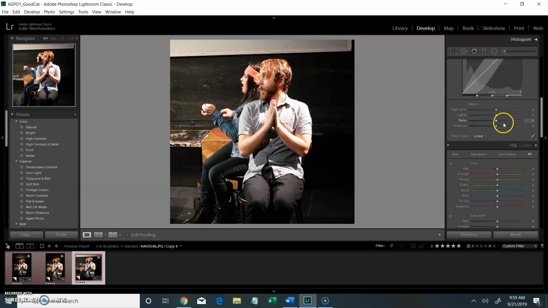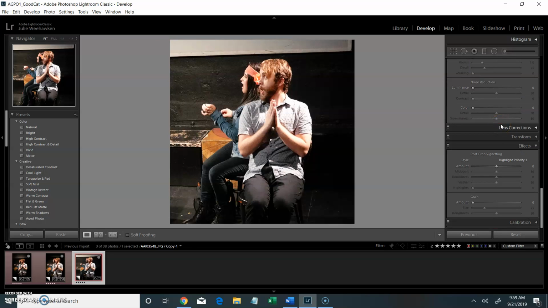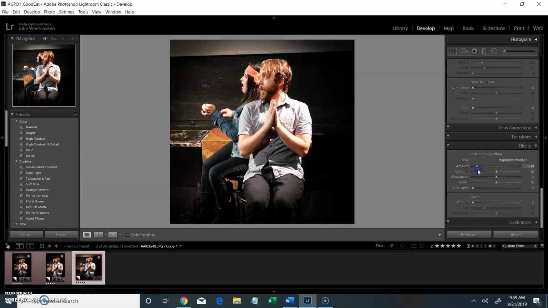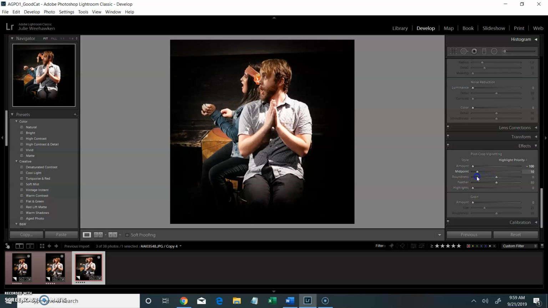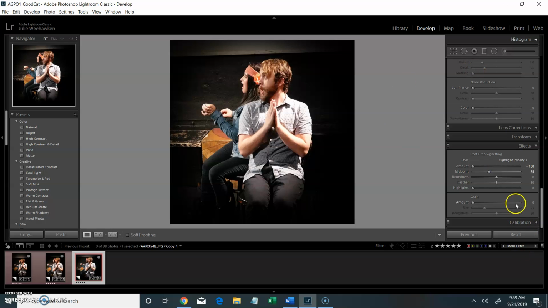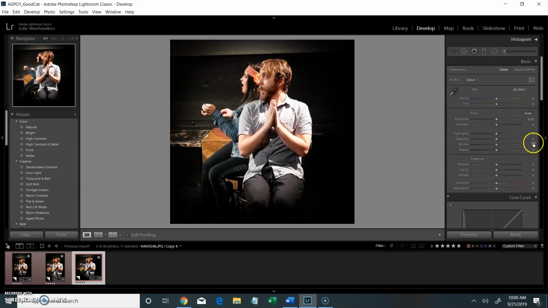So we're going to take a moment and go ahead and add a vignette. You're going to scroll all the way down to the effects tools, and the first slider called amount, you're going to slightly apply a vignette. Now if we go overboard, we've maxed it out, but it's not filling the whole image because our midpoint is very center. If we increase the midpoint, you would see it would get higher as well. But we don't want them to look like they're drowning in black, so we're going to lighten it up a little bit. Great. So that's inside our effects tool, and if we scroll up to the top, you're going to see our basic